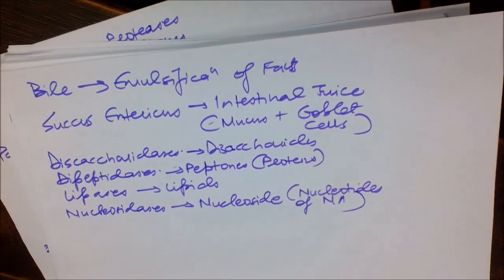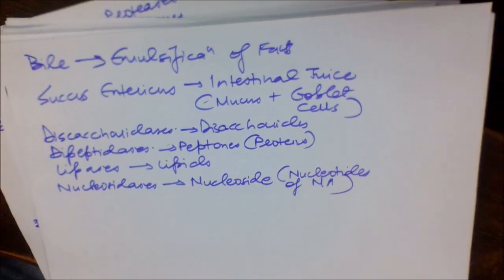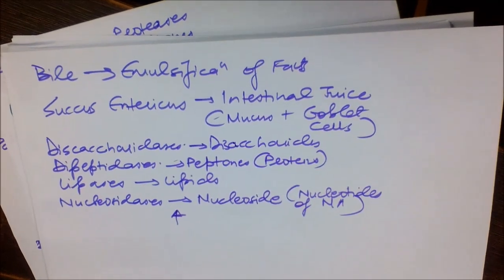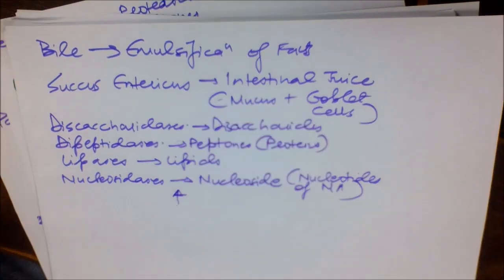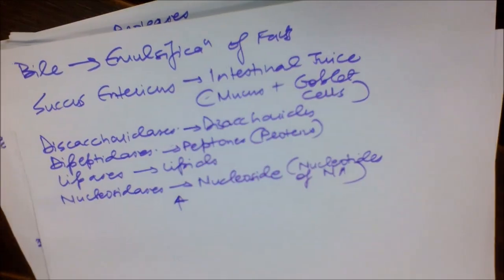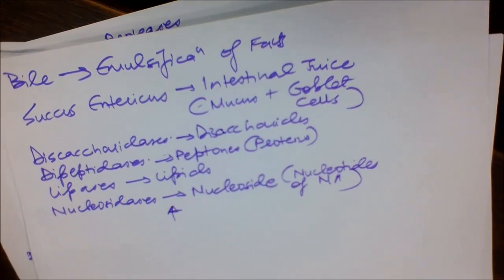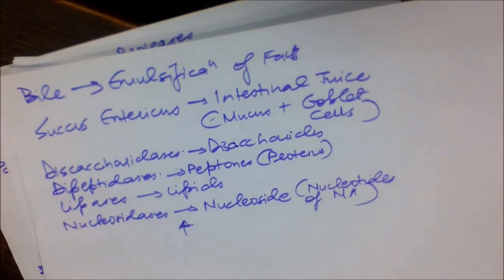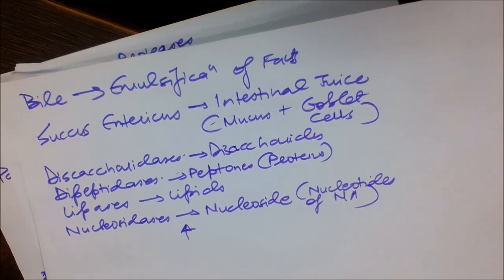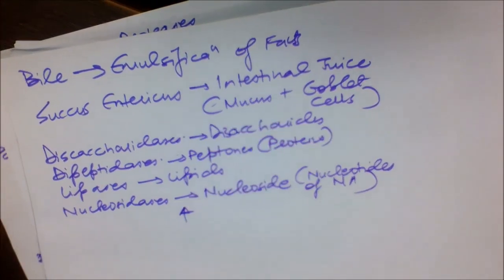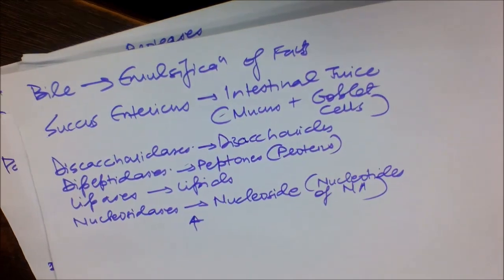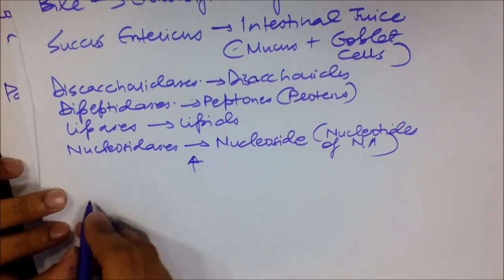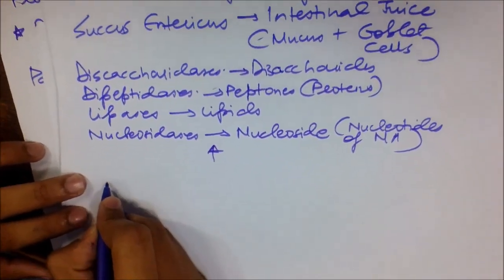The enzymes in the succus entericus act on the end products of the above reactions to form the respective simple absorbable forms. These final steps in digestion occur very close to the mucosal epithelial cells of the intestine. The breakdown of biomacromolecules mentioned occurs in the duodenum region of the small intestine. The different breakdowns which may occur in the duodenum region are